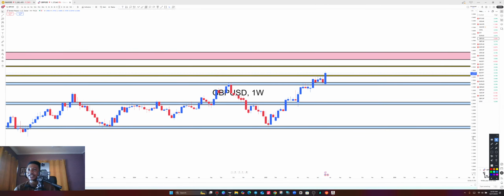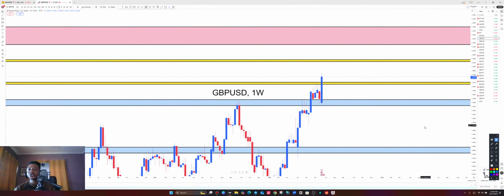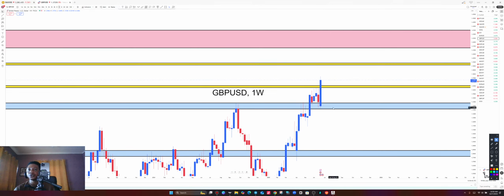Okay, so this is the weekly time frame of GBP USD. On the weekly time frame, we also have the weekly upper zone and then the weekly lower zone. So weekly upper, weekly lower. Price has broken above the weekly lower zone and is going all the way to the next resistance level. So how do we pick buys to the upside? Let us again consult the daily time frame for more clues.